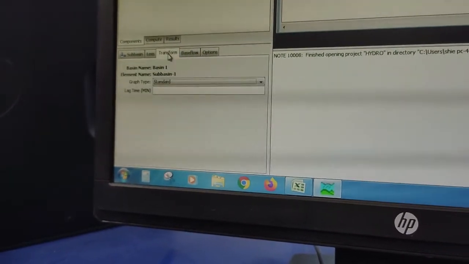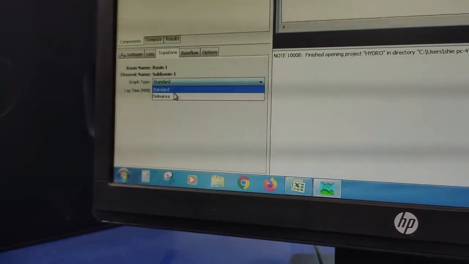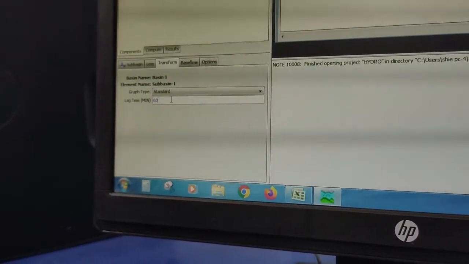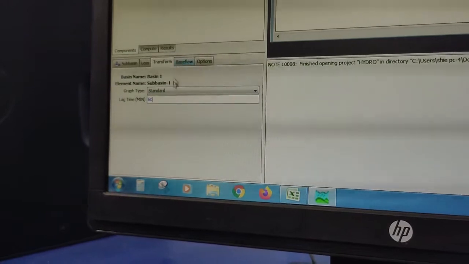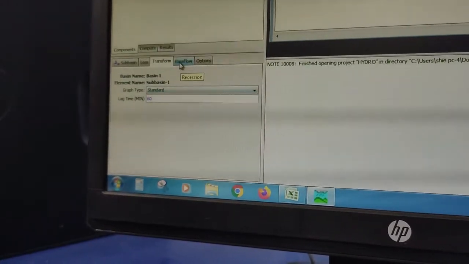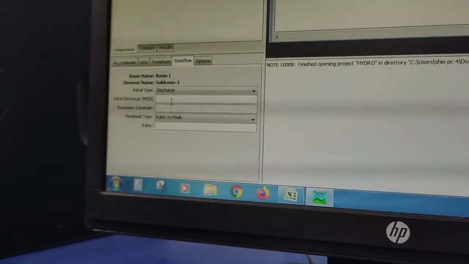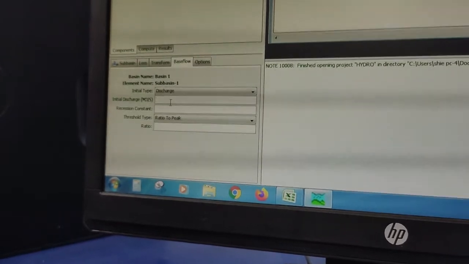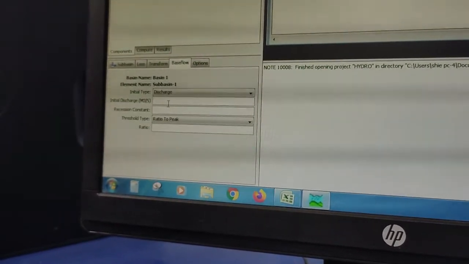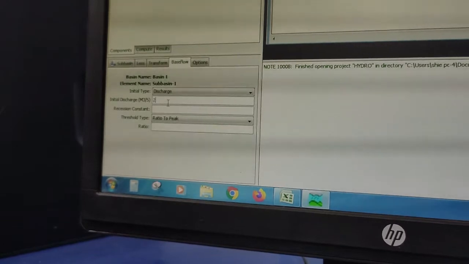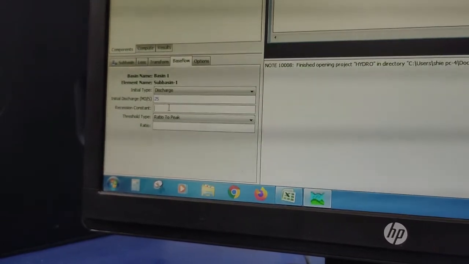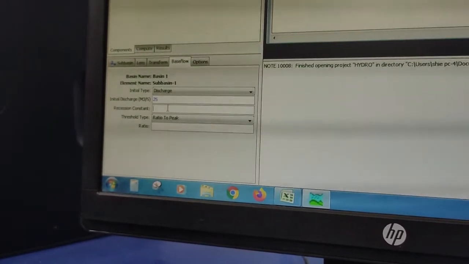Now going to transform, graph type standard, lag time 60 minutes means 1 hour. You can change it as per your requirements. Base flow, initial discharge, let us assume initial discharge to be 25. Recession constant you can give 0.6 to 1.